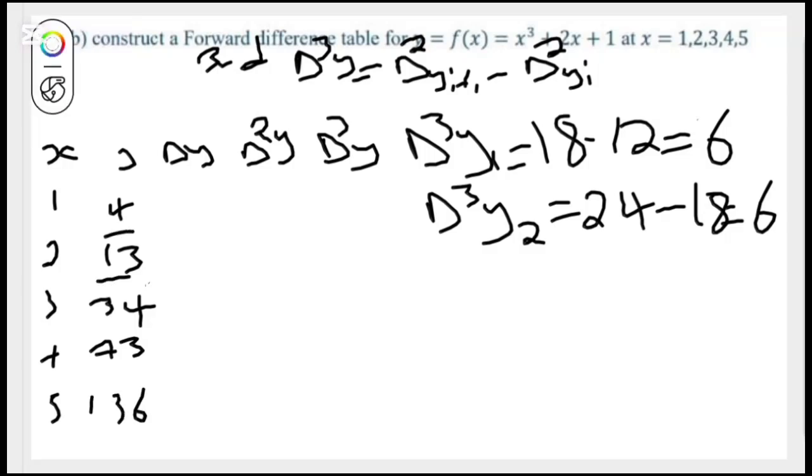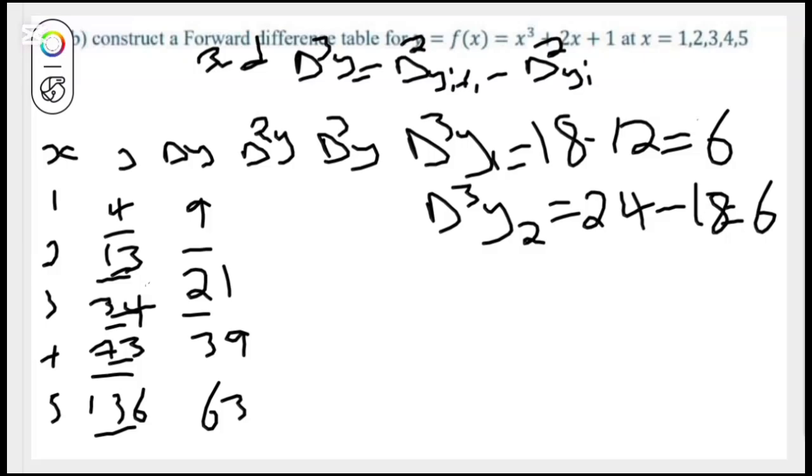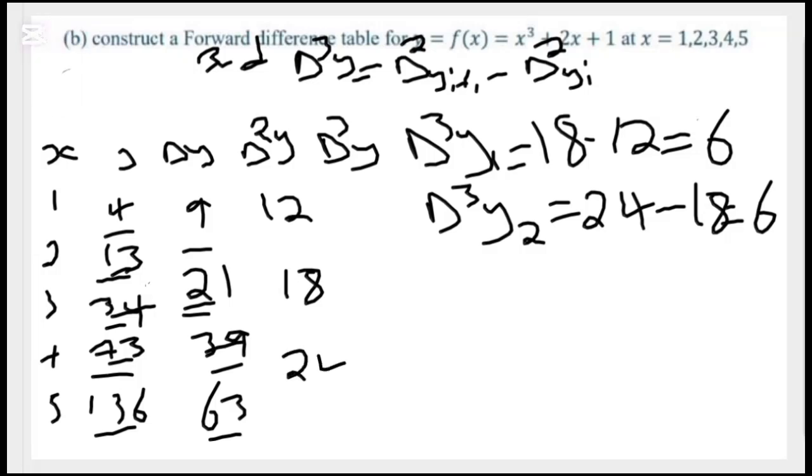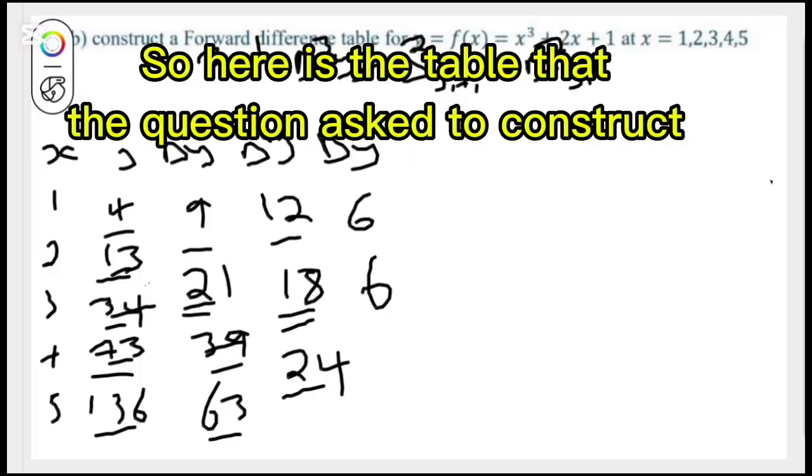So I'll subtract this and this, I'll get 9, this and this, I'll get 21, this and this, I'll get 39, this and this, I'll get 63. Also this and this, subtract 21 and 9, I'll have 12, and therefore subtract this and this, I'll get 18, subtract this and this, I'll get 24. The same thing, subtract this and this, I'll get 6, subtract this and this, I'll get 6 also. So as you can see, this is our